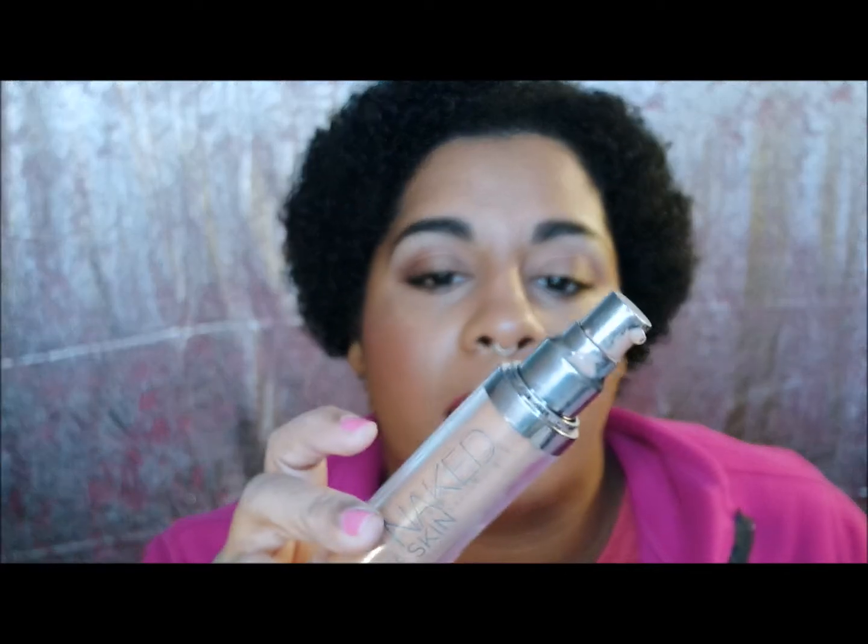But what would be even better is if they came out with a full range of colors. They were light like this, but had SPF in them, and were more like a cream, so that you could use it in the summertime instead of foundation. And then this says it's only good for 6 months once you open it, which also sucks because most foundations are 12 months. But let's see. Yeah, this is 12 months. So I don't know